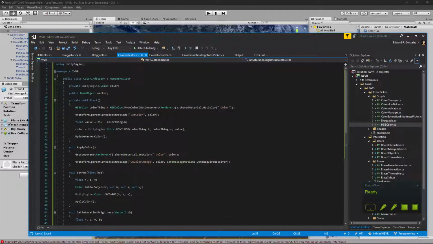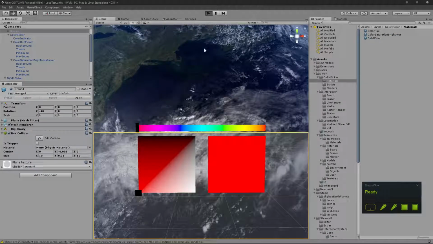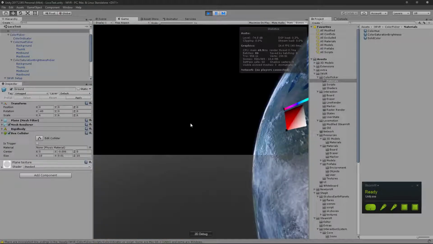I don't think this is gonna work, but I want to see what this does since it even compiles. Okay,